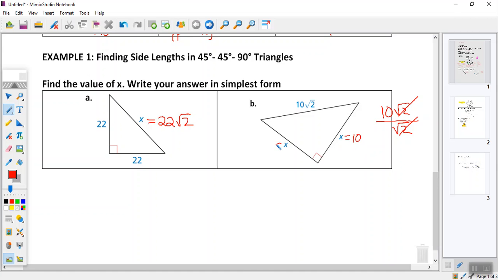Now, I wish that every triangle we dealt with was 45, 45, 90, but I think up there in the notes it said there was also another one. Is there? 30, 60, 90. Okay, and my question to you then would be,